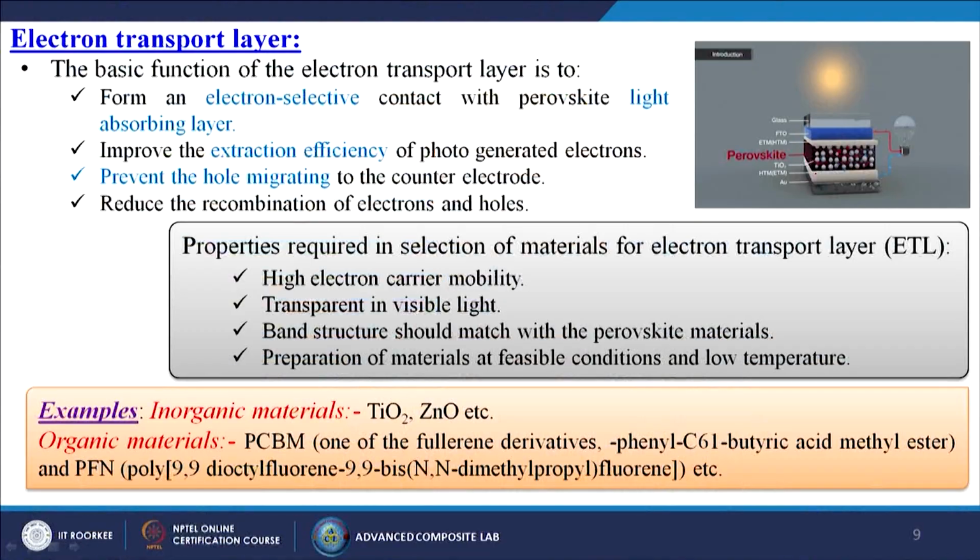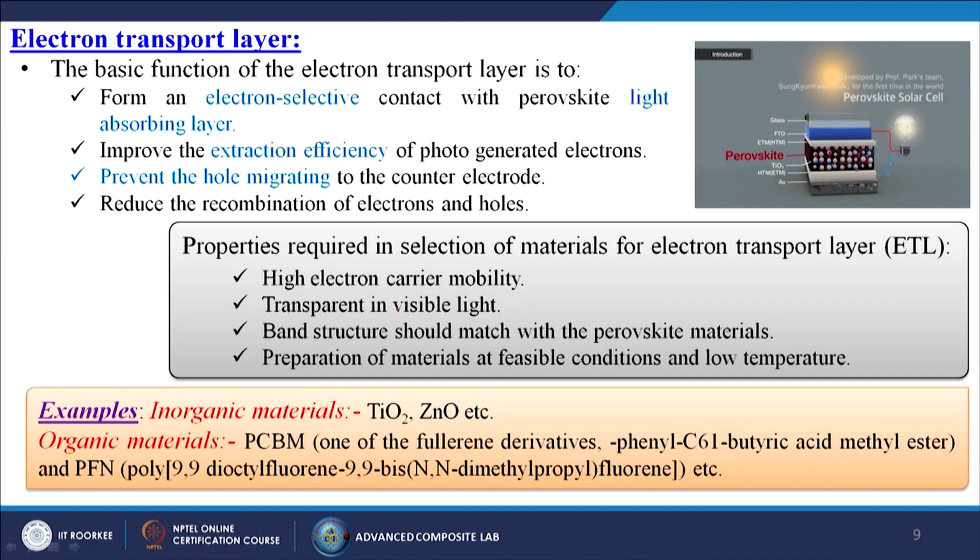Properties required in selection of materials for electron transport layer systems: high electron carrier mobility, transparent in visible light, band structure should match with the perovskite materials, and preparation of materials at feasible conditions and low temperature. From the name itself you can understand, the electron transport layer will allow the electron to transfer from one place to another, as simple as that.